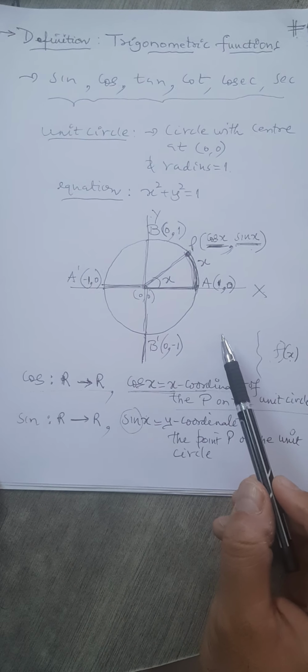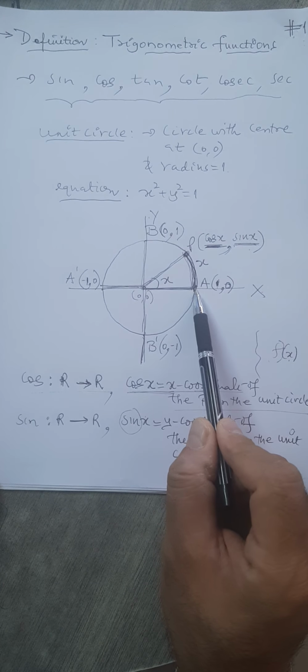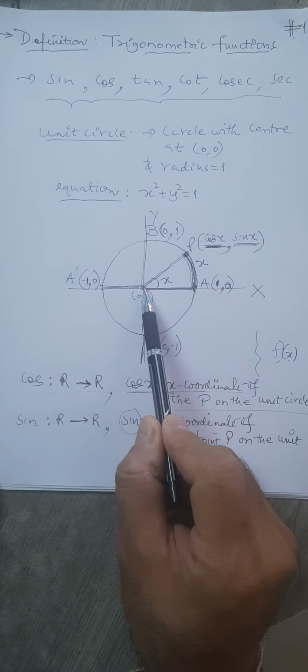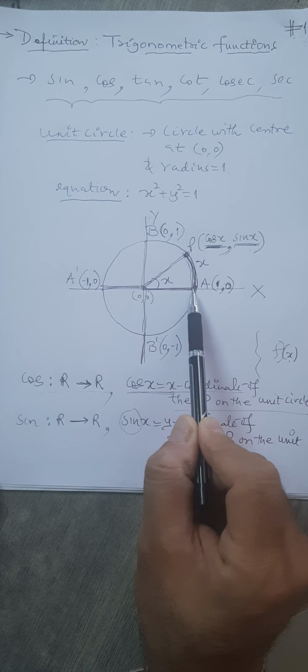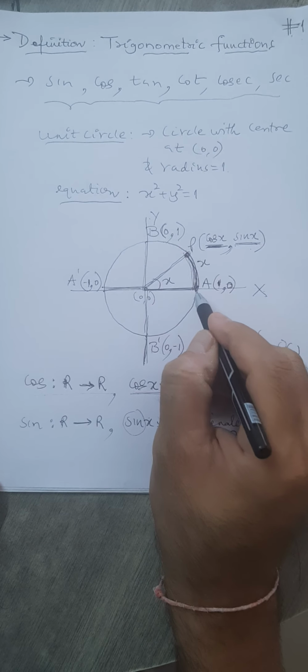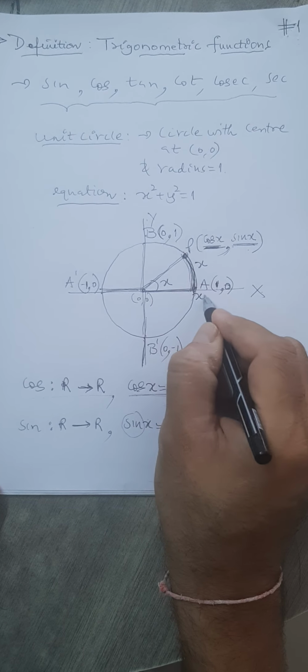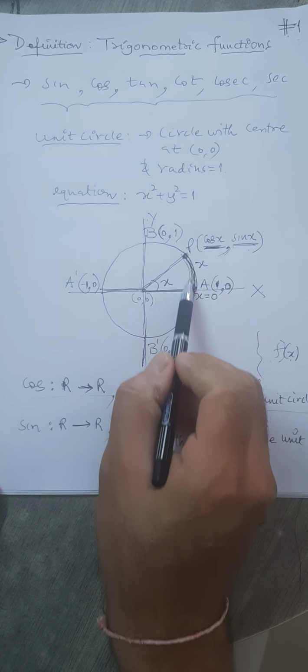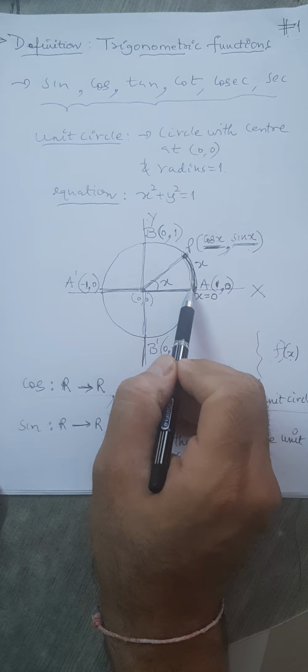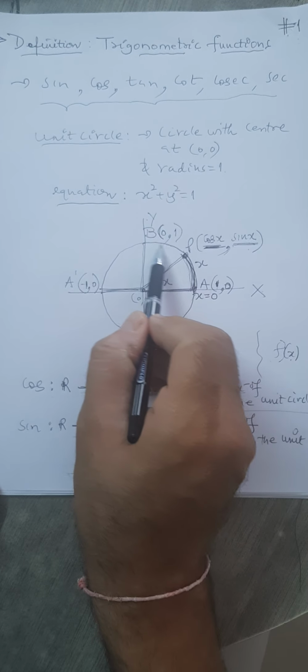Now at this place arc length is 0, because this is the starting ray, the initial ray, which will be the same. So here arc length is 0, so here you can say that x is 0. You know this. Here I have taken arc length of x units. If I move further, if I go up to this